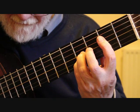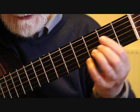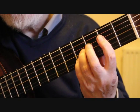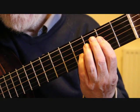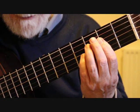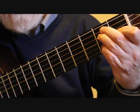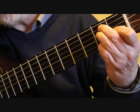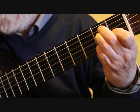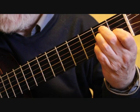We move fingers 4 and 3 to give us our bar. So bar 69 is, and into bar 70, which is a repeat of bar 62. So that's a kind of E major with a little finger on the 2nd string 2nd fret. So we're playing the 5th string and 2nd string together, 4, 3, and then take the little finger off, giving